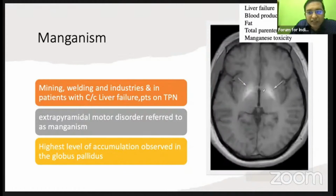So this is actually a T1 weighted image. In a T2 weighted image, water is white, so CSF would be white. Here the CSF is black, so this is a T1 weighted image, where gray matter is gray and white matter is white. And here the basal ganglia shows hyperintensity. The other conditions where the basal ganglia could be hyperintense would be liver failure, blood products, fat, TPN,